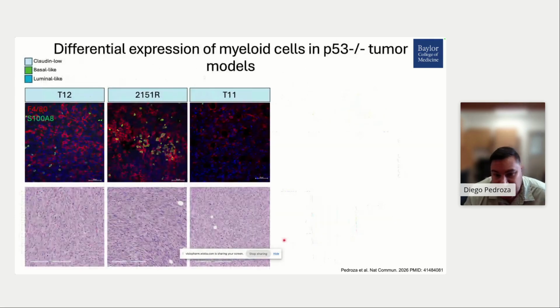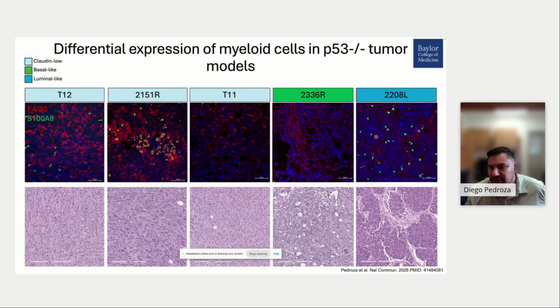We are, of course, an imaging lab, so we always confirm this. So we went ahead and did double immunofluorescence, with the red being macrophages and the green being neutrophils. And again, you can see a lot of red here in a lot of these models, with some of them having various degrees of neutrophils and macrophages, and some just being rich in macrophages. And again, you can see the very nice architecture here, where in this model you can see just the macrophages running through certain compartments of the tissue, not so much just disorganized like it is in these models here.